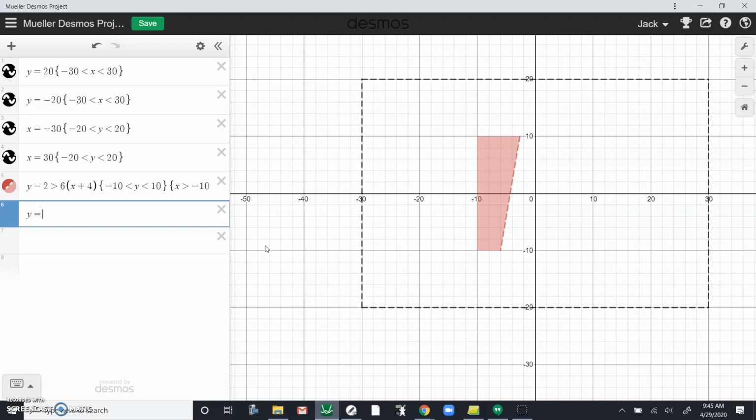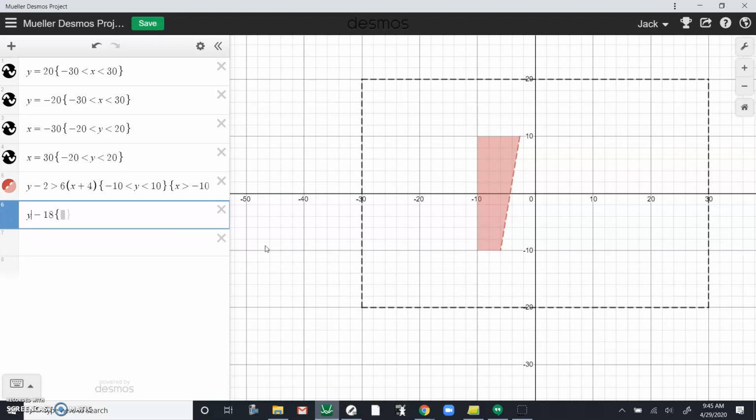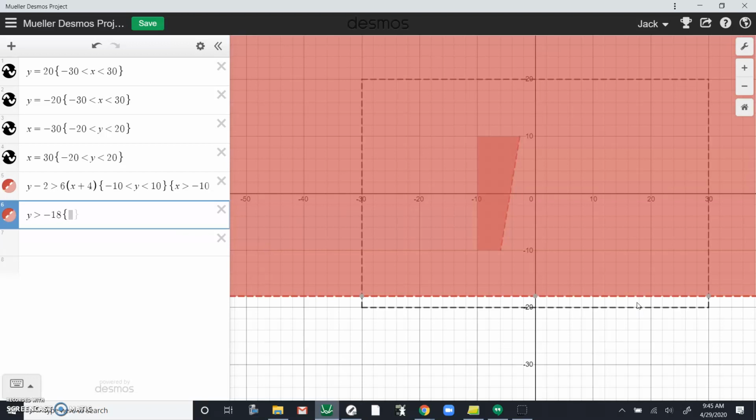Let's say I have y equals -18. That's this line down here. I want to shade above it. So what I'm going to do is make this greater than -18, which is going to shade above it. But maybe I want to restrict this. I want y to be greater than -18, but I also want it to be, let's see, less than